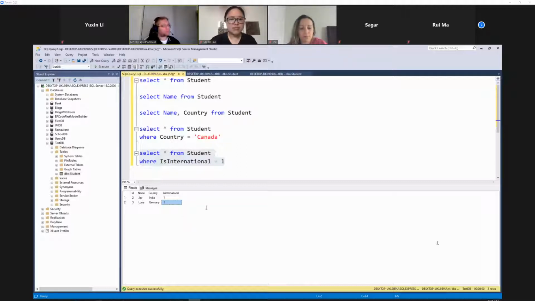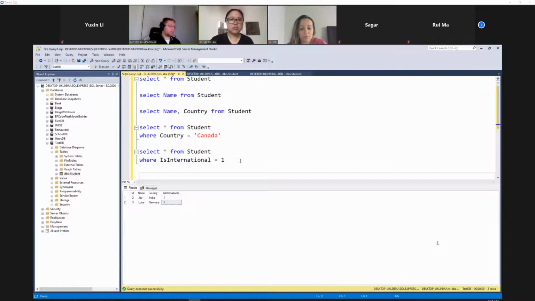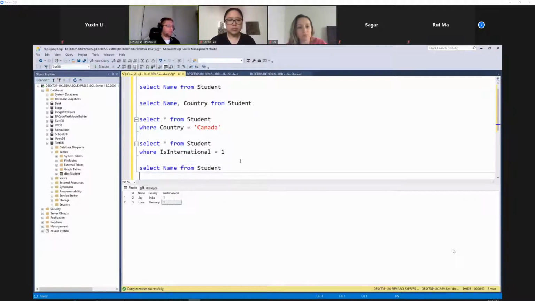Okay, so what if I want to combine two conditions? Here I can say, I want to see the names from the student where it's an international student, and the country, for example,